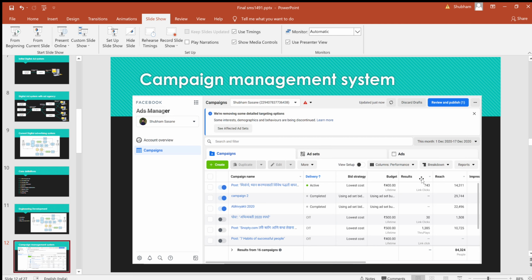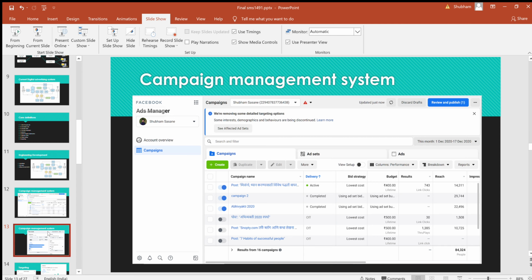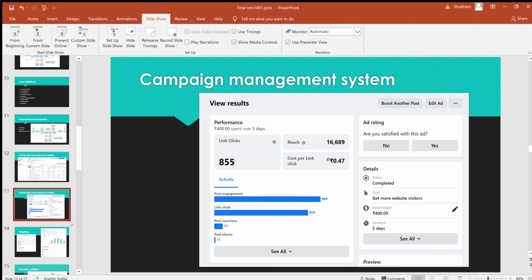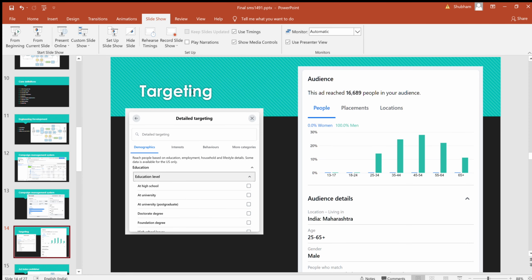You can see budgets, results, reach, number of people who viewed the ad. All these things can be seen from this management system, and it's a really complex management system. You can see the results of the ads run previously. You can see the budget, duration, targeting.